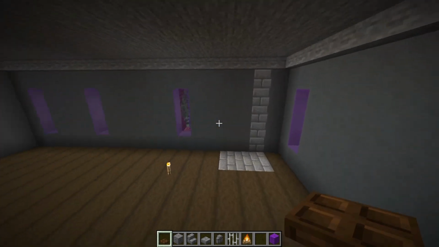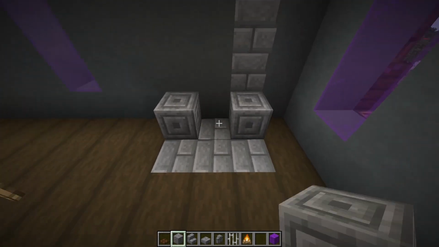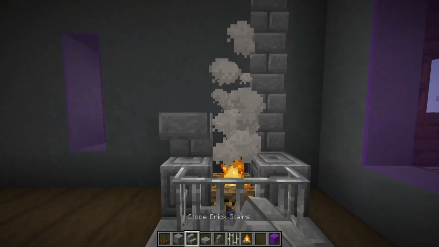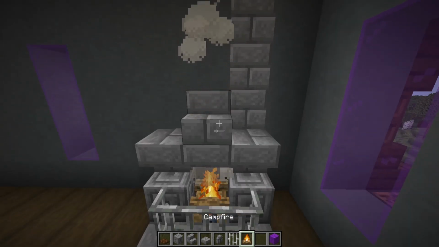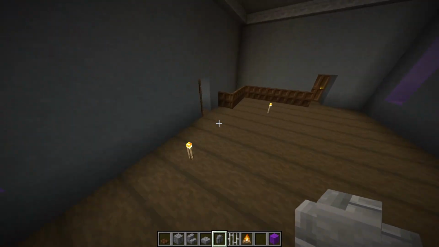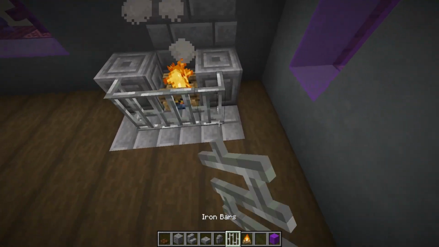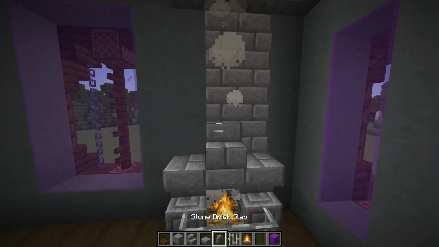Next, we need to add in some fireplaces, and both our fireplaces are going to have the same design. I'll have a chiseled stone brick on either side with a campfire in the center, surrounded by iron bars. Then I'll create an arch using 2 upside down stairs, a slab, a stair in the center, and then some stone brick walls going up from that to the roof. So once again, chiseled stone brick, campfire, iron bars, upside down stairs and a slab, right way up stairs, and then